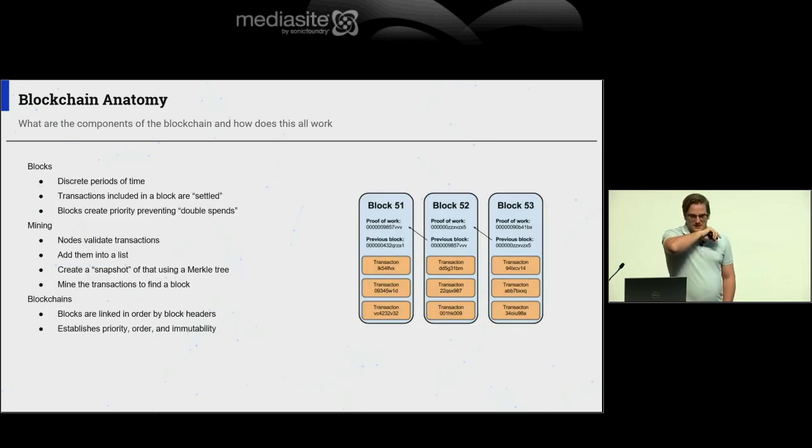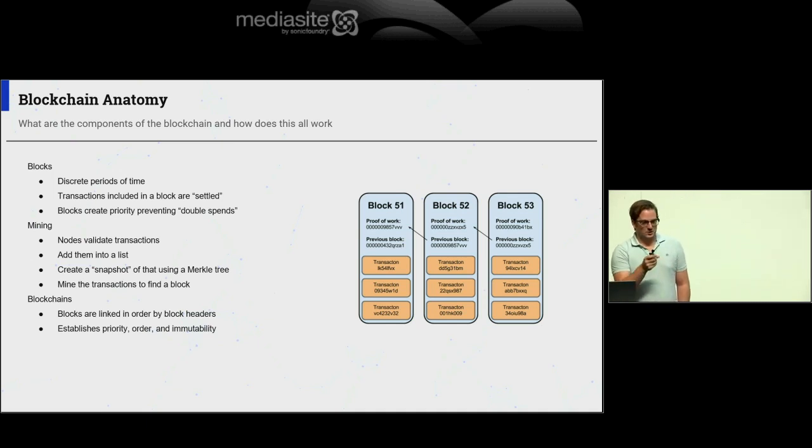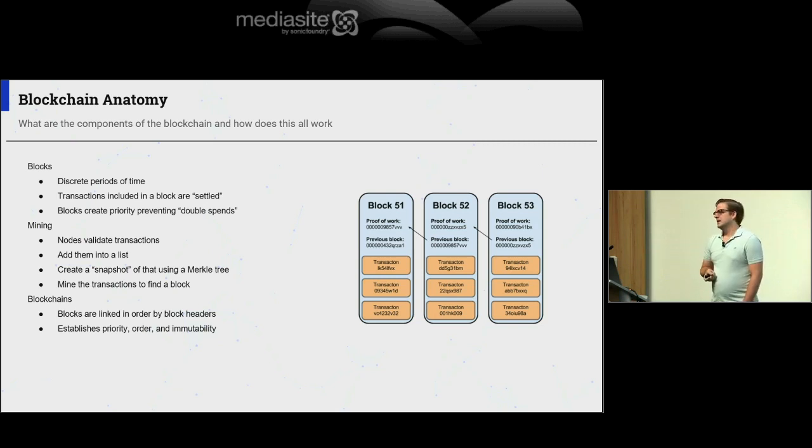So when we talk about the anatomy of the blockchain, blockchains are actually far, far simpler than people make them out to be. In the very short form, they're a hash-linked list with a crypto-economic incentive that is a solution to what is known as the Byzantine general problem. And the Byzantine general problem is essentially, how do I get a group of participants to cooperate if I don't know which of those participants are nefarious or potentially colluding?